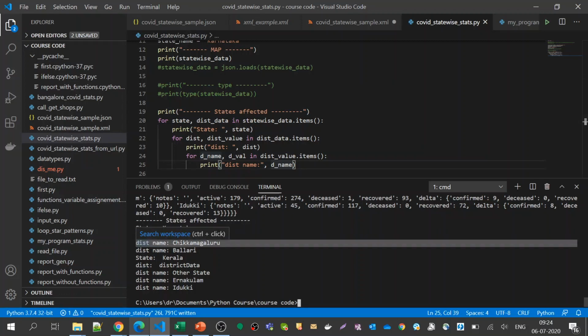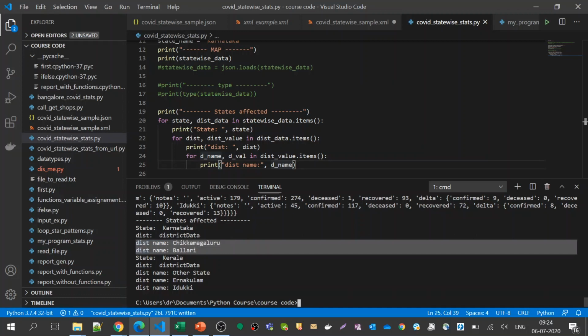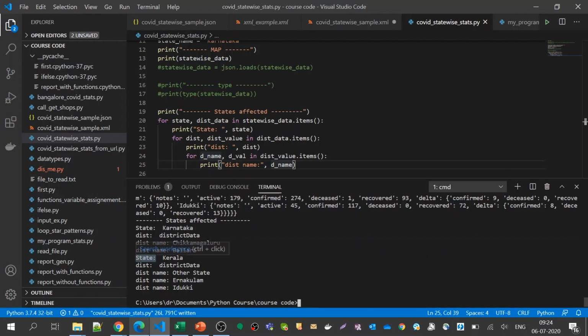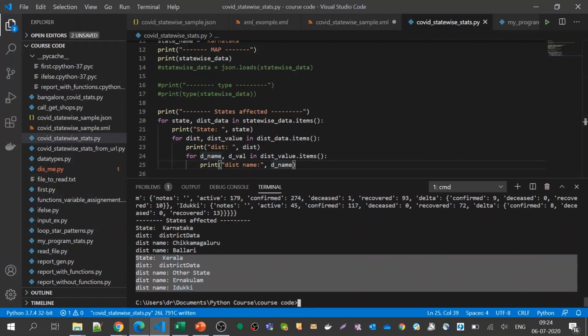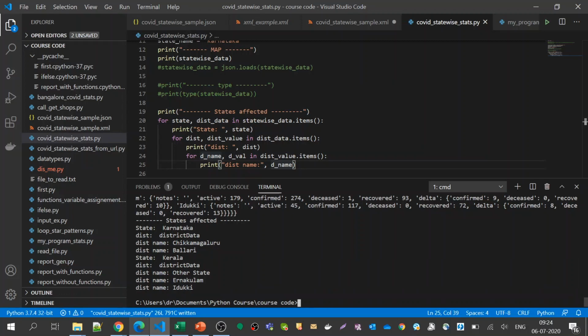Inside that we got two small boxes, Chikmagaluru and Ballari, and then again it goes to the beginning of the loop. Once you finish one state, the next loop goes to the next state and automatically prints the same expected output. So this is how we are trying to loop.